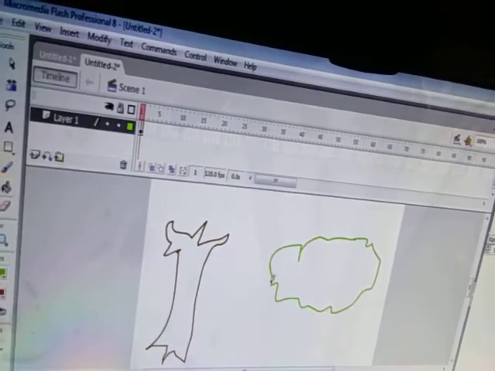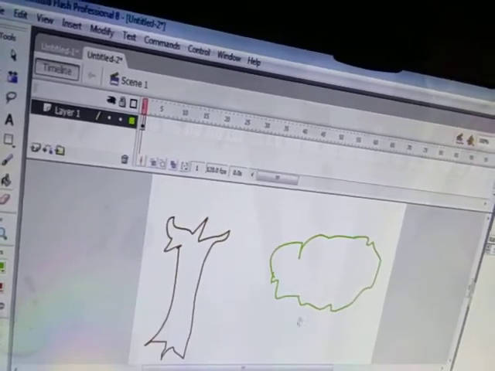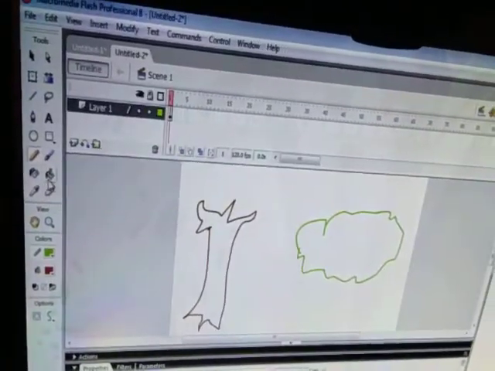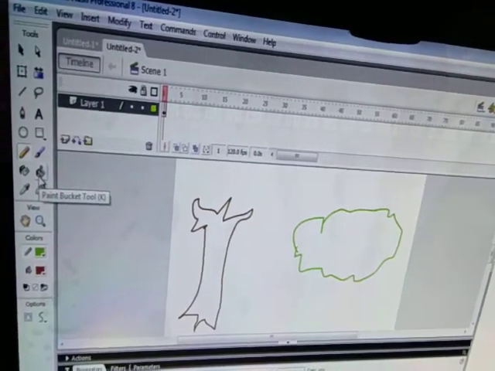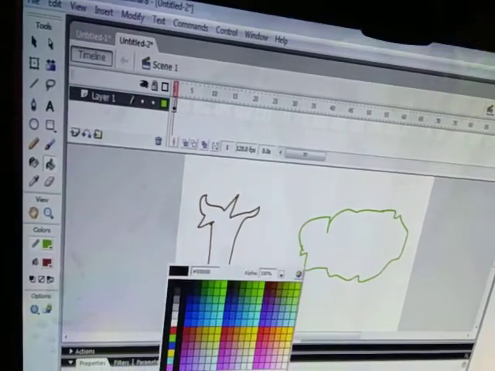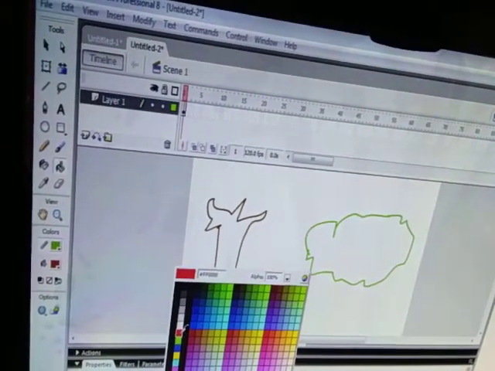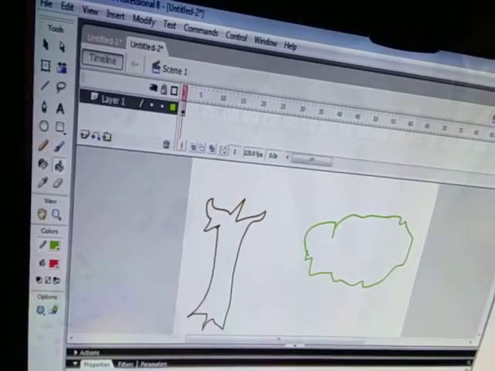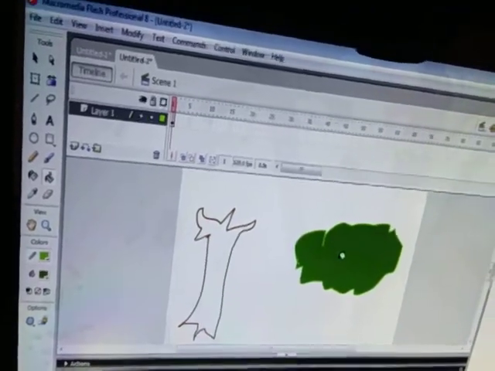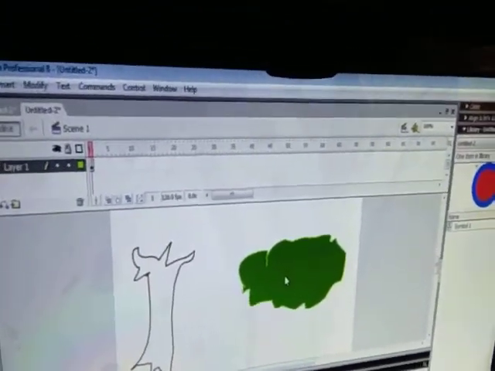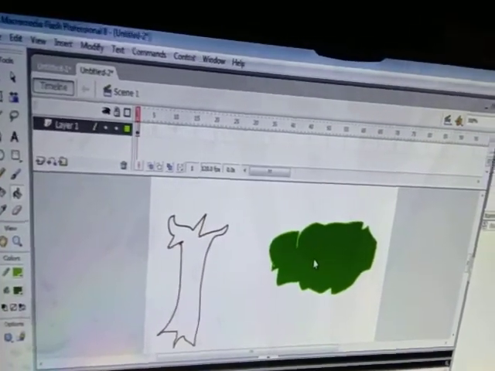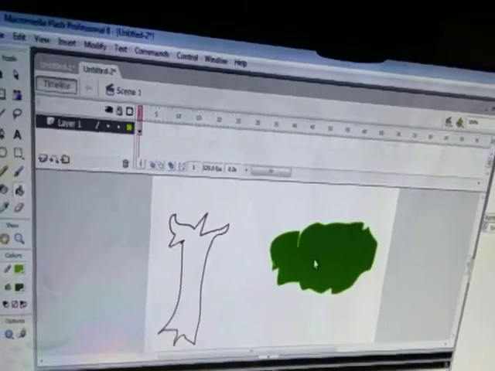So I am going to make it green. Okay, it has been made green. Now to fill the color, I will click on the paint bucket tool and then select a color from here. Any color I can select, not red, it should be a green color. So I have taken dark green and put it inside. So you can see that the outer color of this object is light green, and inside I have put dark green color.